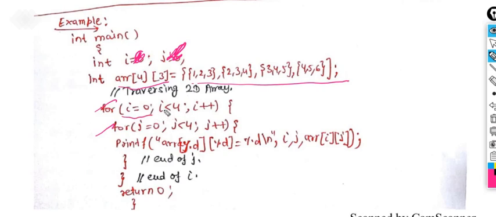So i equals 0. Up to when do you have to move the i value? Let's assume this 4 is representing i and this is representing j. So i is for rows and j is for columns, right? The i value has to go up to the fourth index, that is 0 to 4: 0, 1, 2, 3. 4 rows completed. And what about the columns? It must go 0 to 3, that means 0, 1, 2. I'm just updating it. You can write here 0 to 3, right?